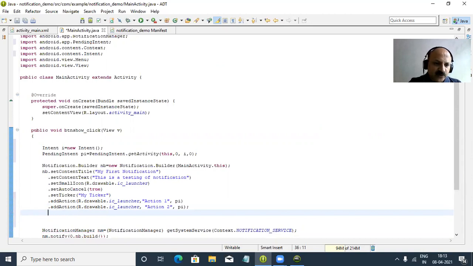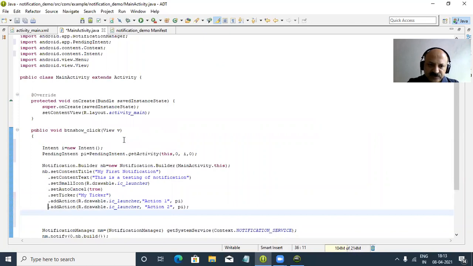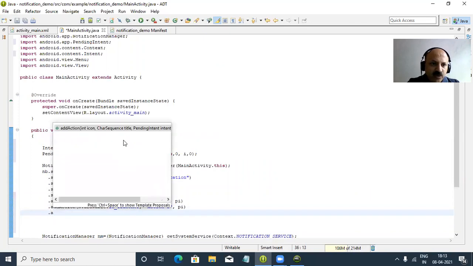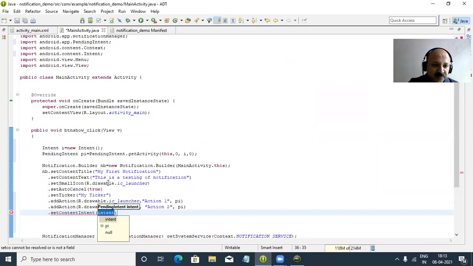So yes, here we can use some pending intent, that is our attachment, perfectly. And now what to do? So we can use, yes, here first I did not give a semicolon. You can look here, it's not add but set content, like in our set content view. In our set content view R.layout.activity_main, and the same way here we can set intent. So that's perfect. And now we can pass the pending intent. Yes, that is our requirement.